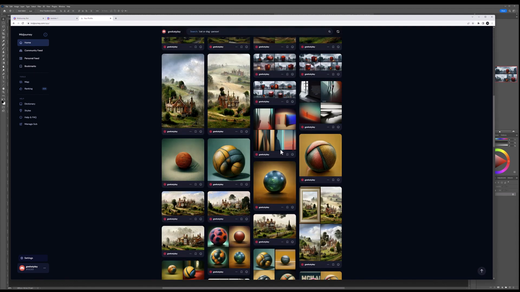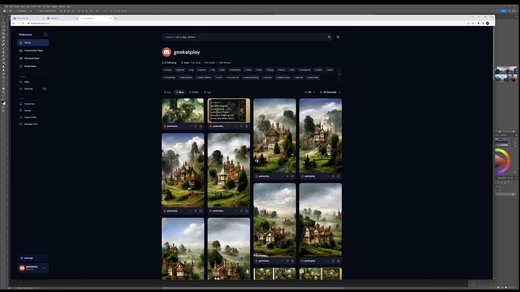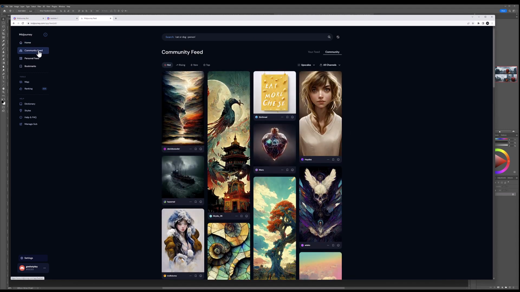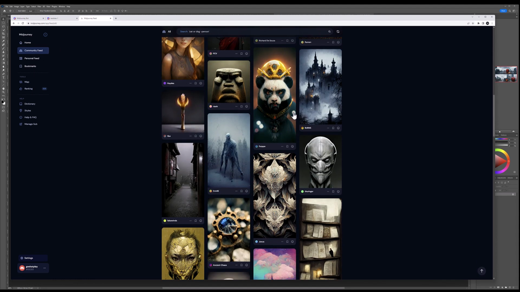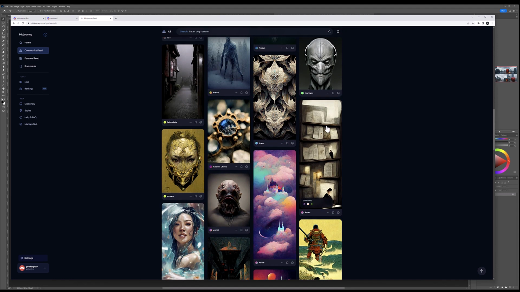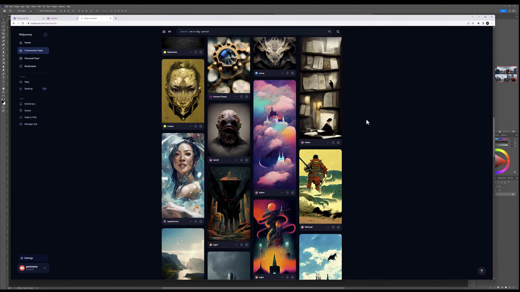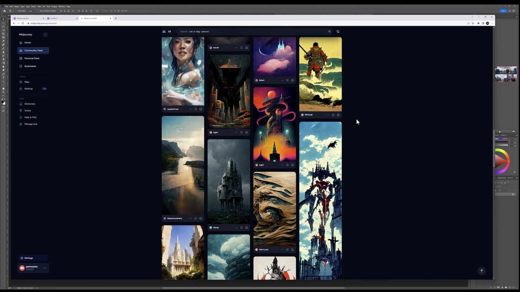So this is my feed. I can directly download it from here, preview from here, so it's kind of helpful. You can also search and everything. If you need inspiration and want to look at what other people do, you can go to the community feed, and right here you can see images of what kind of people render. I don't know if the moderators select them, or AI, or somehow how they pop up.